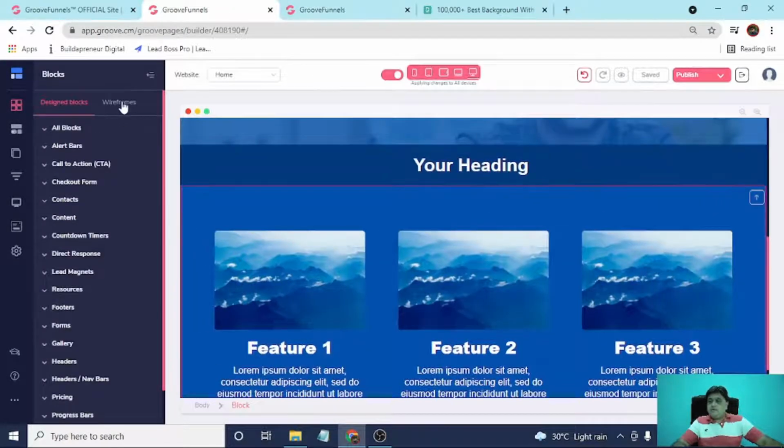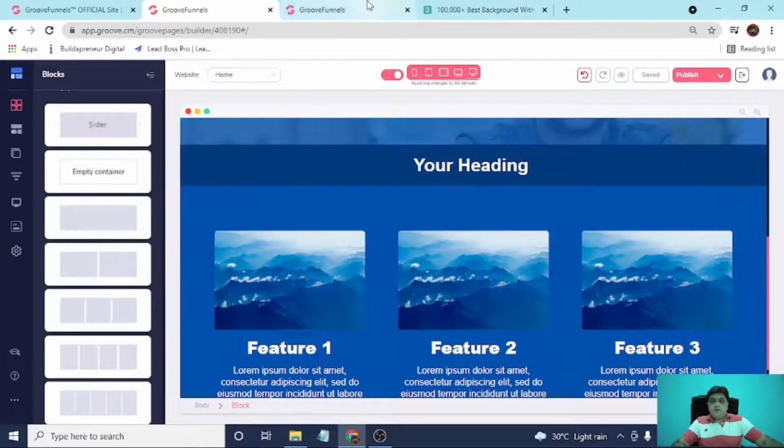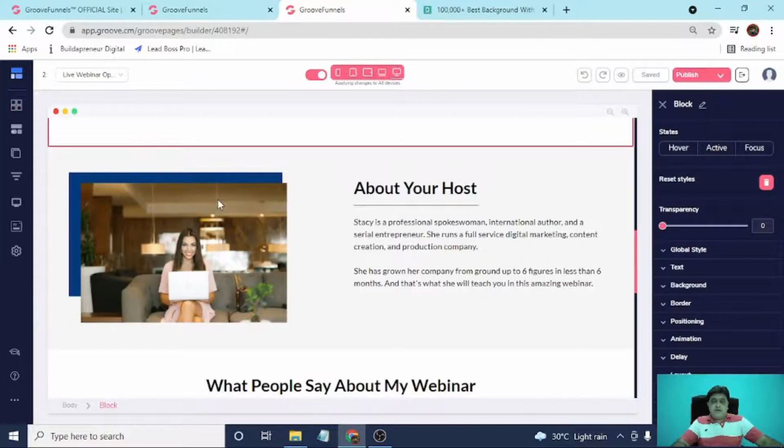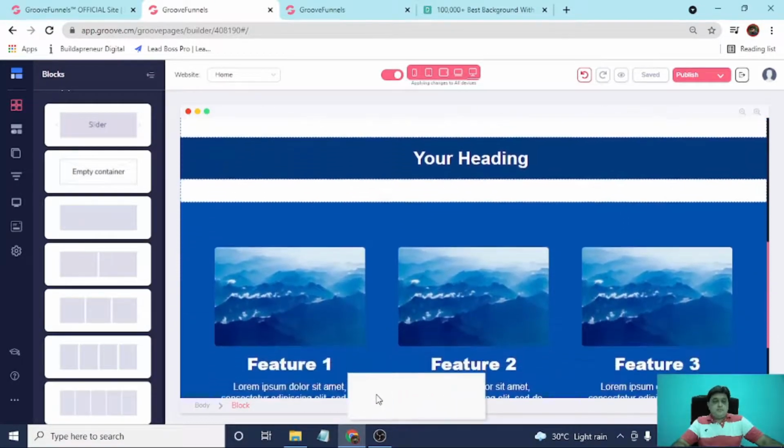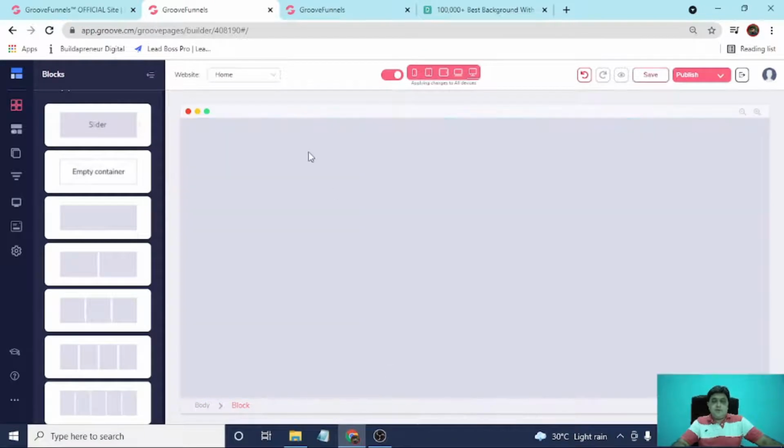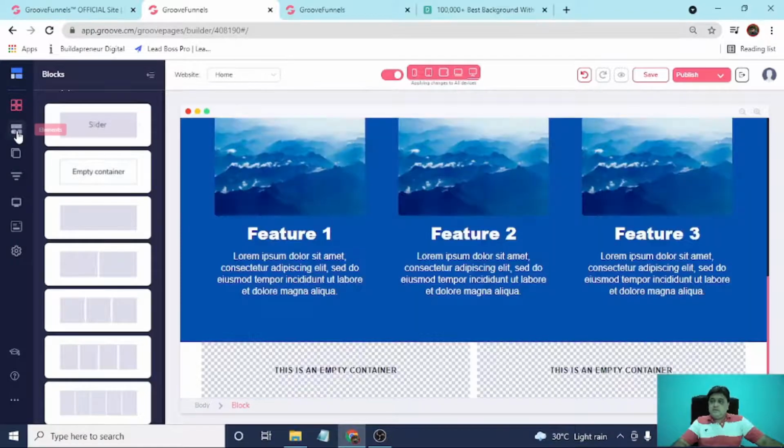Now let's create this kind of block from scratch. Go again to block section, click on wireframes, click on empty. Now here you can see two blocks guys, so we have to select a section of two blocks, drop it here. Now select image element for the image on the left side.